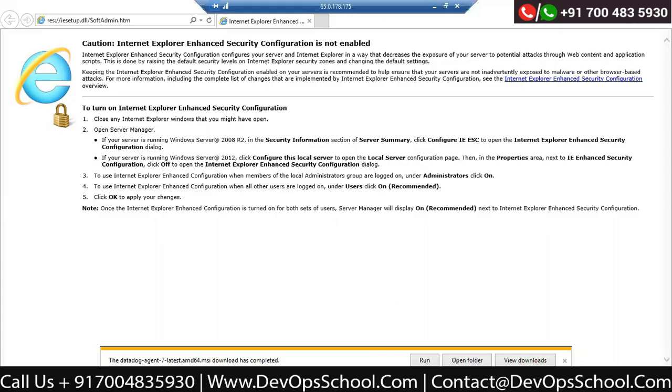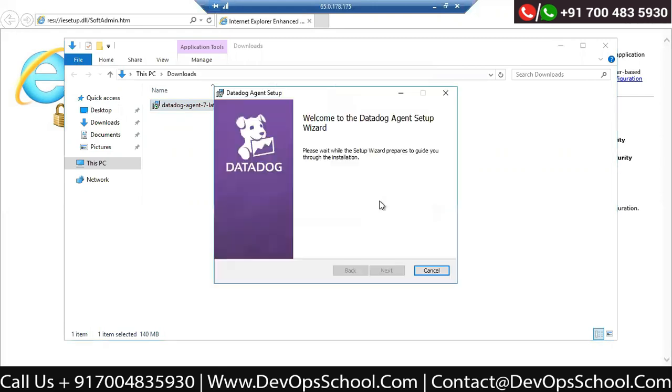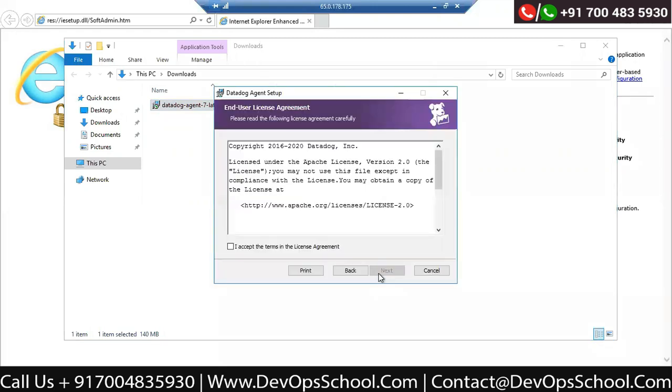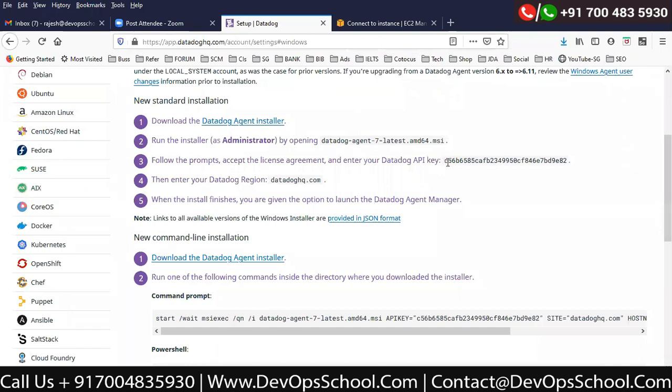Okay guys, so now I got this downloaded here. Installing this. Now what are the keys here? Whenever you are prompted for the keys, you have to put the keys here. Guys, I have these keys available here also.